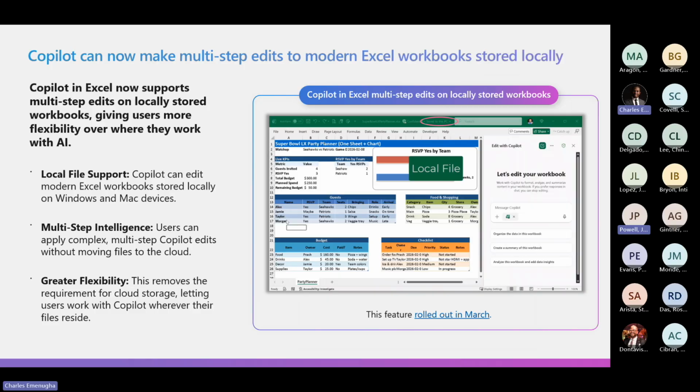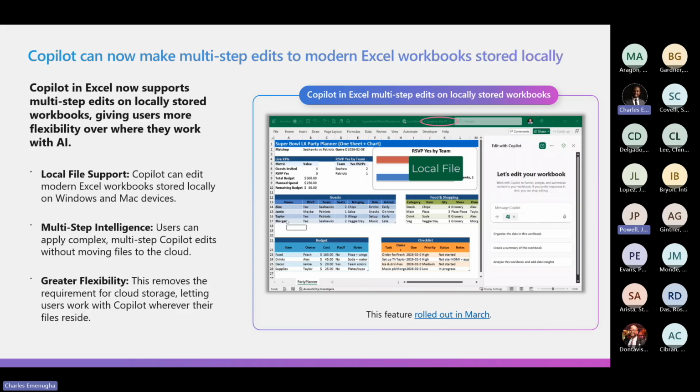Now, Copilot can now make multi-step edits to modern Excel workbooks that are stored locally. So we're not just talking files that are stored in OneDrive, the documents folder, the desktop, and the pictures folder. We're talking about files stored on thumb drives, network shares, or even the downloads folder. So this update expands where Copilot can be used in Excel by simply supporting modern workbooks that are stored locally